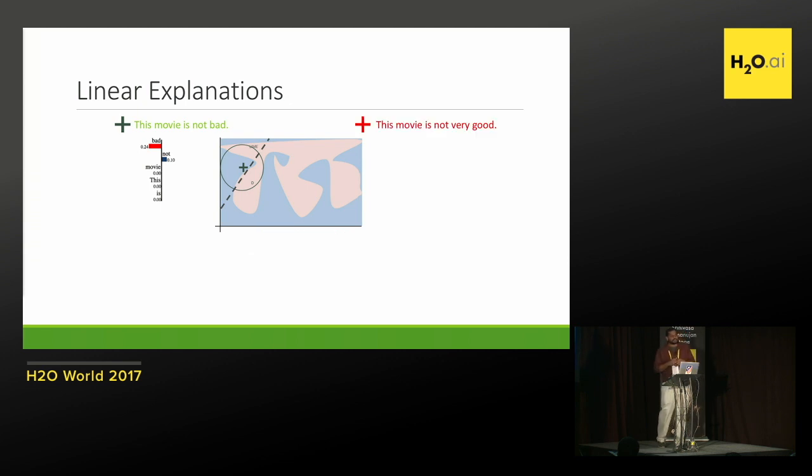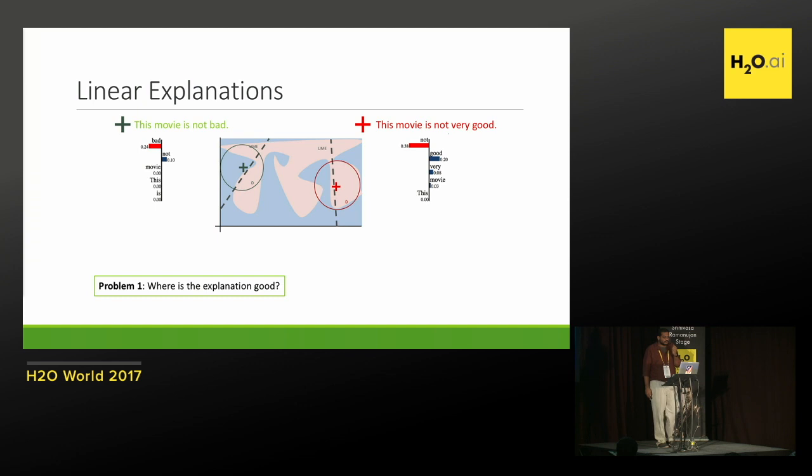So if you think about what's going on on the surface, there is some line that LIME corresponds to, right? On the other hand, if you say this movie is not very good, in this case, the word not acts as a negative, right? Same word, but for this example, not is actually flipping it from a positive sentiment to a more negative sentiment. And so the line that LIME corresponds to will have a different direction, because the coefficients of not are opposite, right?